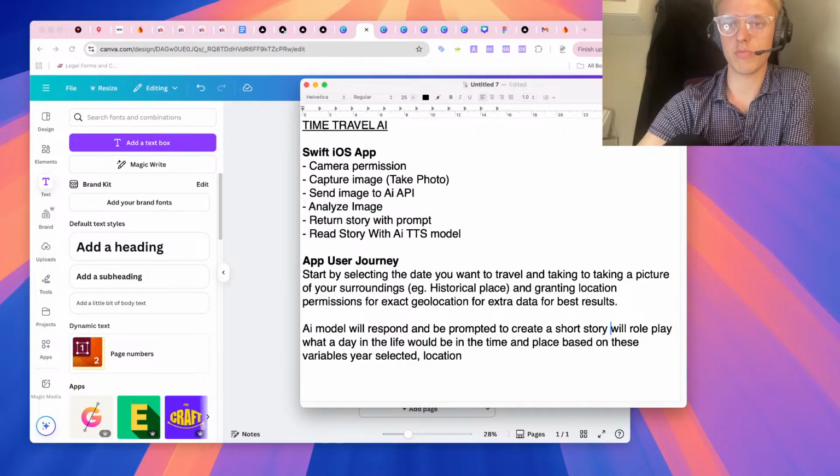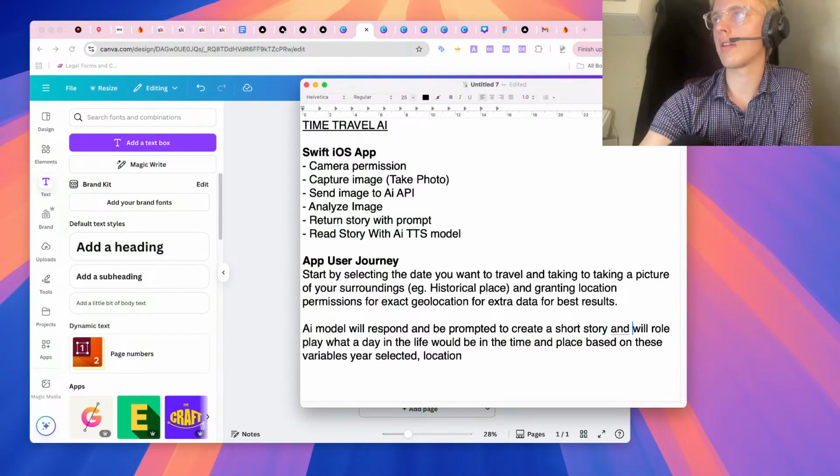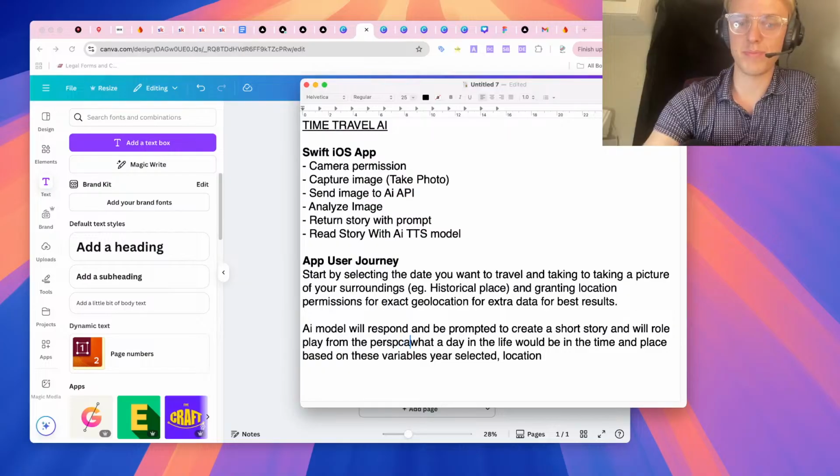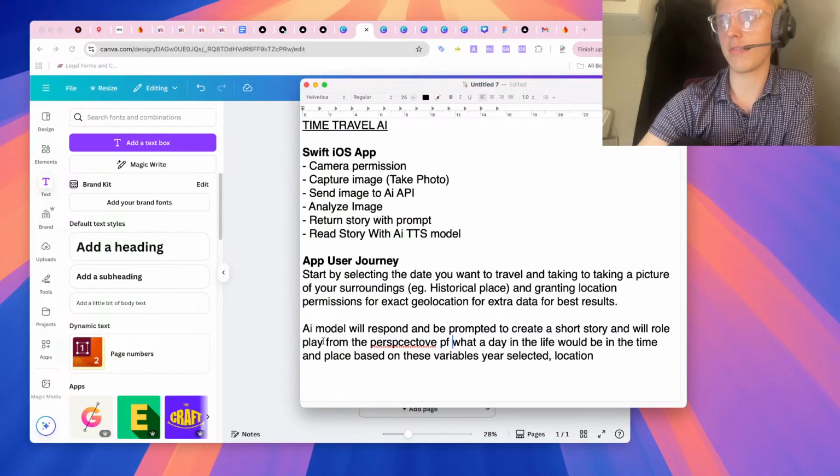We can be more specific on this later. And will role play from the perspective of,